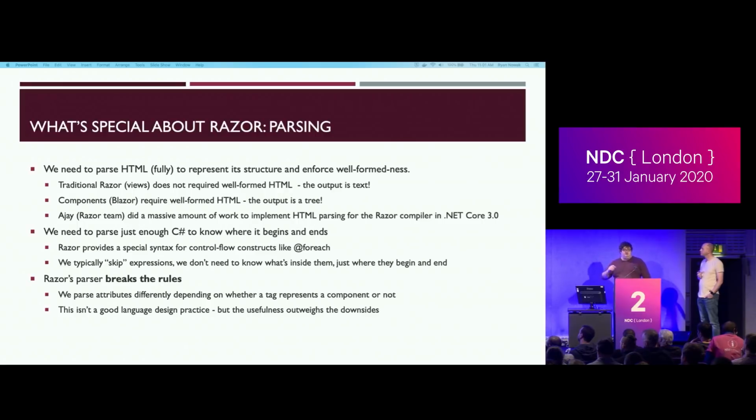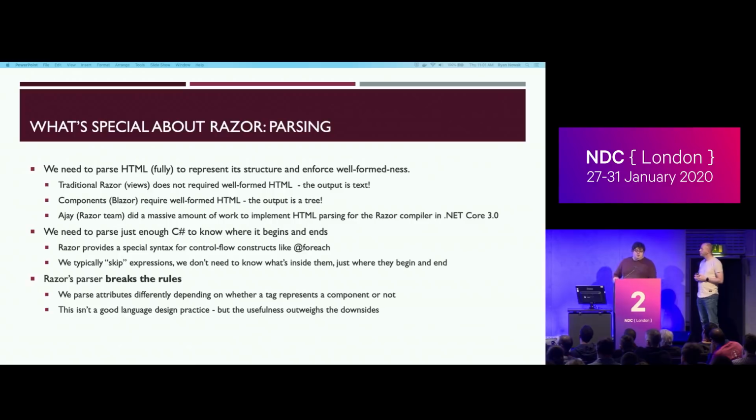Some people may know that a difference between CSHTML and Razor is that CSHTML is text. So when you have an MVC view or an MVC Razor page or something like that, the runtime is actually treating the HTML as text. It knows very little about the structure of that HTML, and you can do all kinds of invalid stuff, or I guess maybe not well-formed stuff is a better, more precise term. And the compiler and the runtime are happy with that because they treat the output as text,